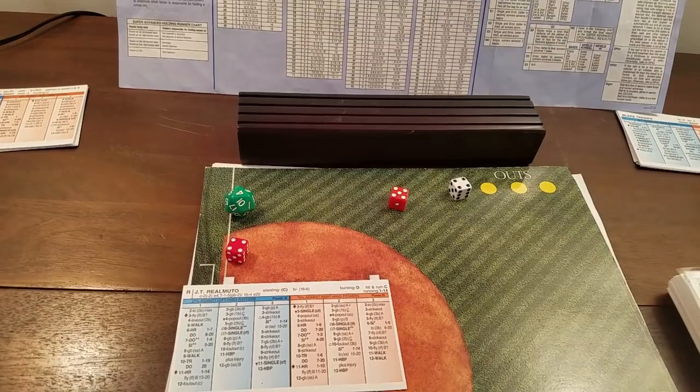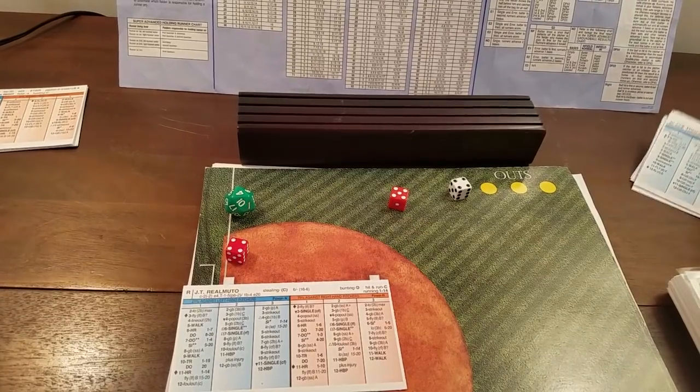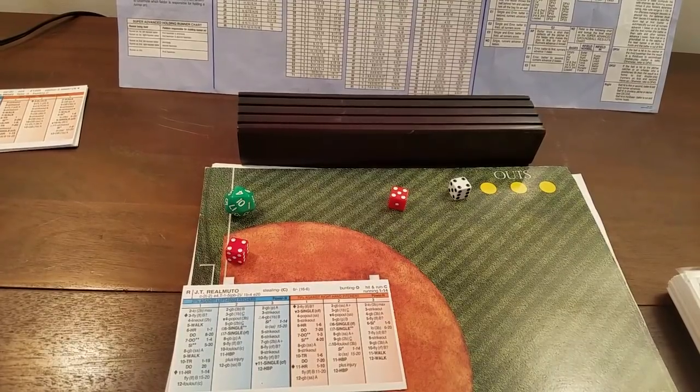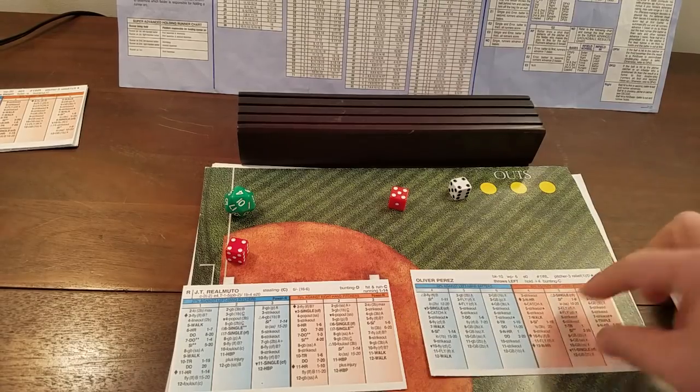And they'll bring in a lefty relief pitcher. Strasburg is scheduled to bat third next inning, but they're going to go to a lefty just to get through this inning, and then worry about relief pitching later. So that's actually going to be Oliver Perez, the lefty. So Oliver Perez is in,